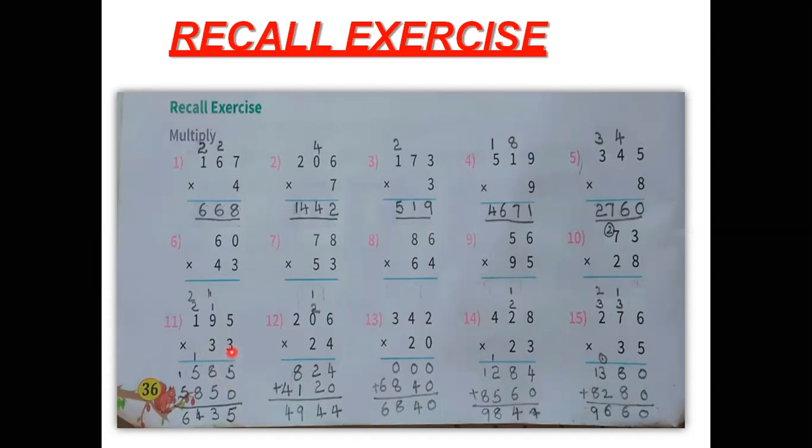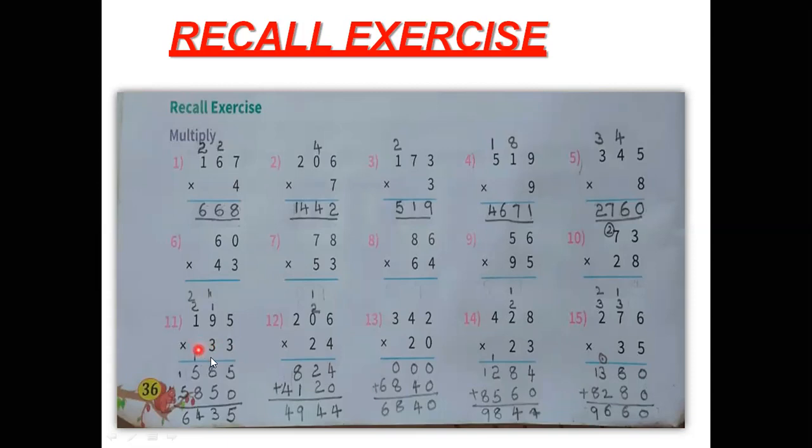So how we will multiply? Let us see. First you should multiply this 195 by 3. As usual, the same way we have done here, you have to do 195 into 3. First we will multiply 3 into 5. 3 5s are 15. So 1 we will carry to the tens place and 5 we will write in the ones place. Next, 3 9s are 27. So 2 we will carry here and 1 we have to add. 27 plus 1 is 28. So 2 you will carry here and 8 you will write in the tens place. Now 3 ones are 3. So 3 plus 2 is 5. So this we will write here. So now this 195 into 3 we have done.